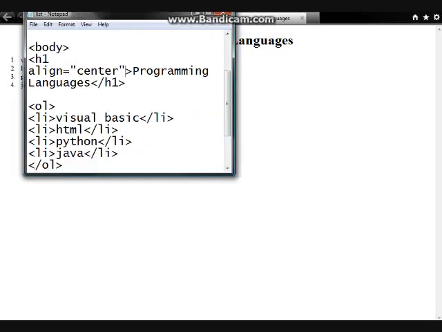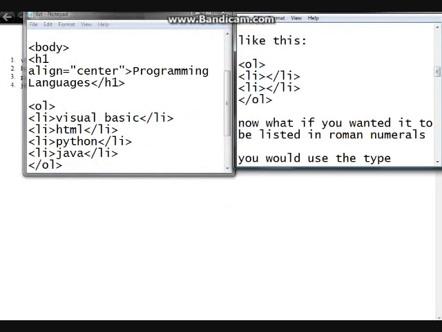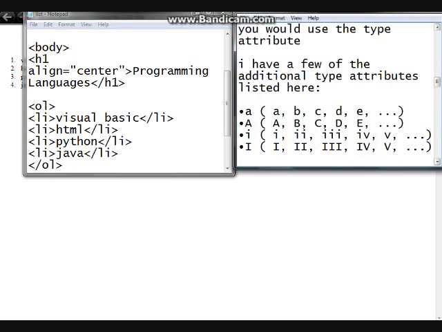So let's move on to, now what if you wanted it to be listed in Roman numerals instead? You want it to go a little bit classicer. I don't think classicer is a word. Classicer, nope. Anyways,